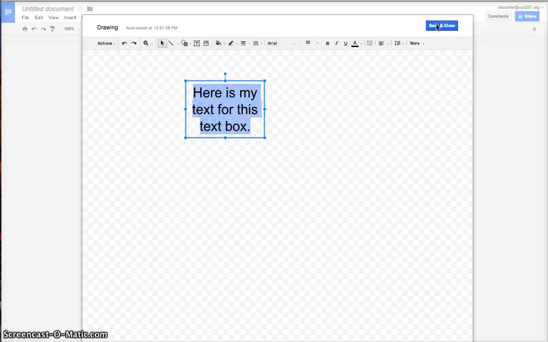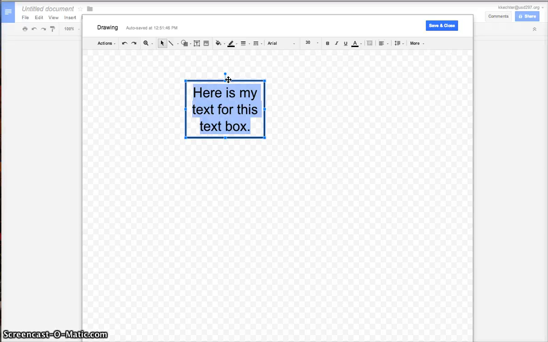But I want to highlight it a little bit more, and I want an outline around it separating the box from the text. So to do that, I need to go up to my Line option, and my lines are in here, and my fill colors. So if I go to Line Weight and I select an option, I'm going to select 3, but the bigger number I select, the thicker the line will become. And you can see now that my line around the outside has changed a little bit,